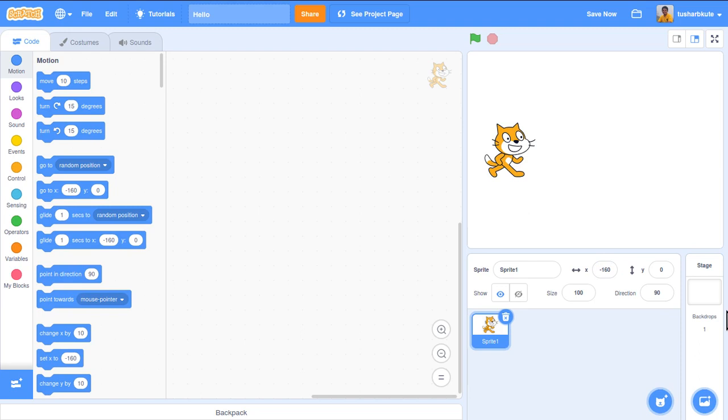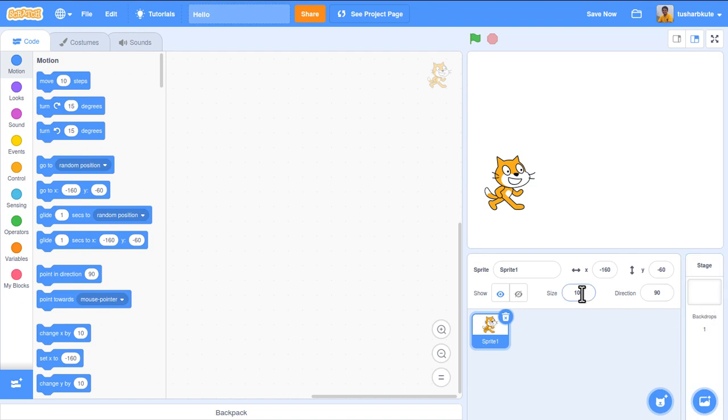If I want to move this sprite in the top direction, I'll make y positive, like 60. So it's moving up. And if I want to move it to the downward side, toward the bottom, I'll make it minus 60. So it's moving downward now. In this way, the x and y position of this sprite are defined. Remember that, because we will be using these values in programming also.